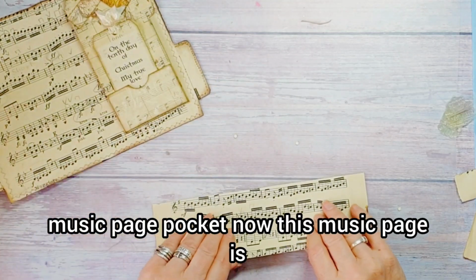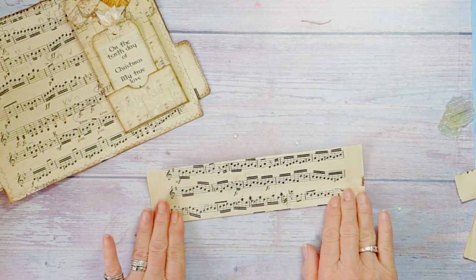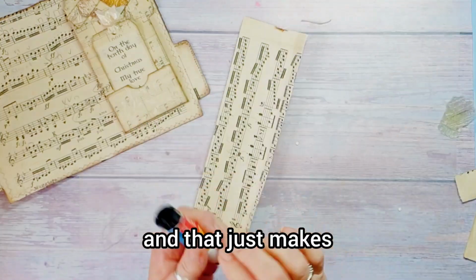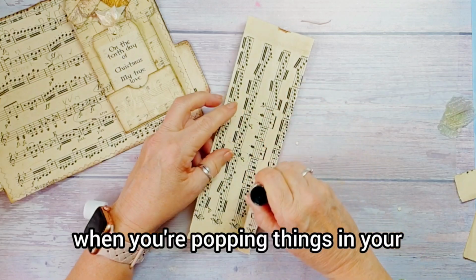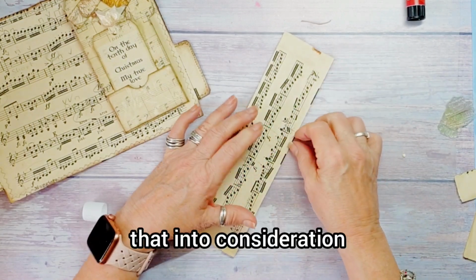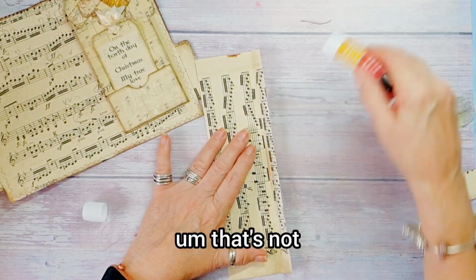Now this music page is a little bit fragile, so what I'm going to do is tuck it over that way, and I am going to stick that bit down with glue stick, and that just makes it a little bit more robust for when you're popping things in your pockets. So when you're using book page, you have to take that into consideration. Book page is great to use, but just make sure that it's